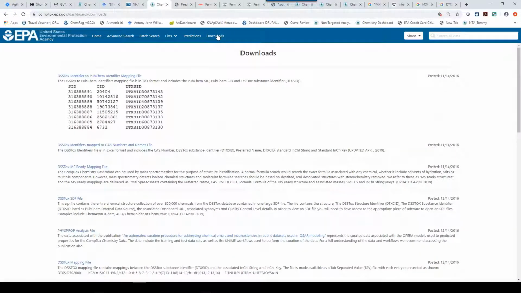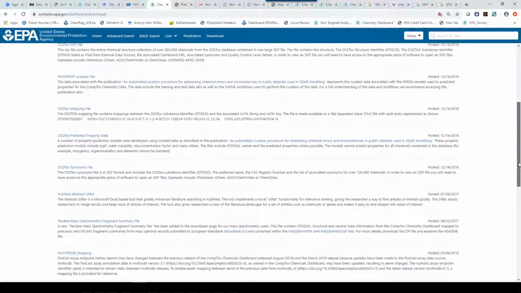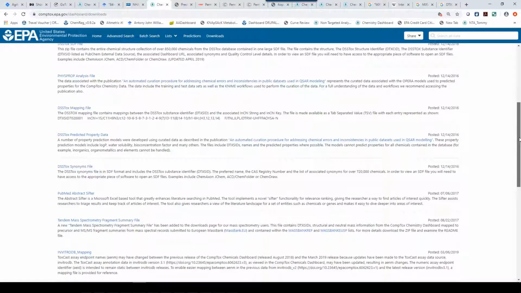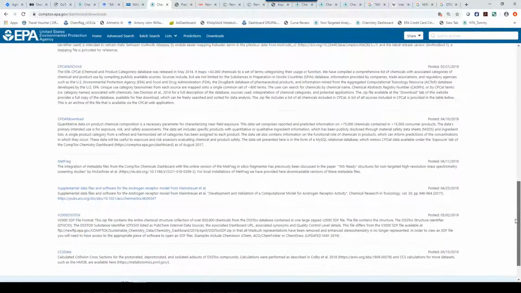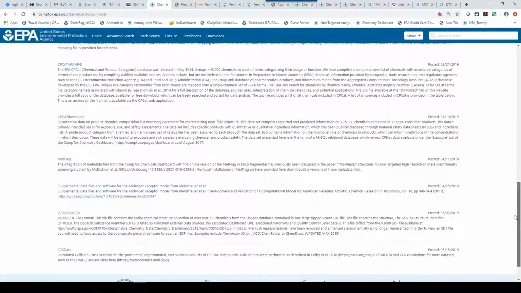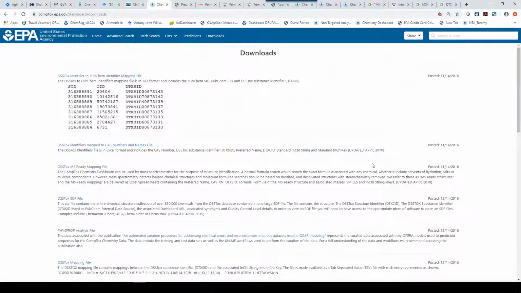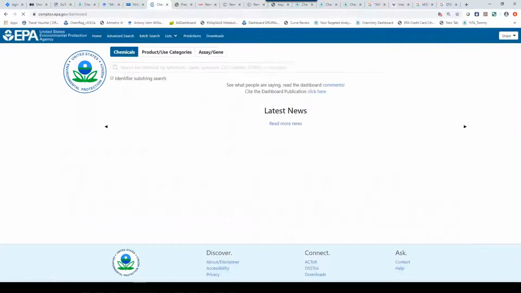All of our chemicals are downloadable in various formats, so you may want all of our CAS numbers and names mapped to substance identifiers. You might want our entire data set of 875,000 substances. You may choose to download our synonyms, millions of synonyms, and all the curation work that we've done. So if you're building your own internal systems, we try to put a lot of our downloadable data here for you to utilize. I'll return home,